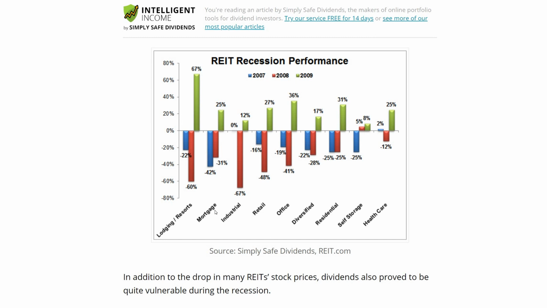The next one is mortgages. Also fairly, strongly impacted during the recession. They didn't recover quite as much as lodging and resorts. Industrials, really interesting. 2007 didn't get impacted at all, but in 2008, incredibly impacted, the most across the board, and they've still struggled to come back from their lows back in 2008. Another sector that I think a lot of us are familiar with is the retail sector. When we think of REITs, it's just kind of how it works with consumers.